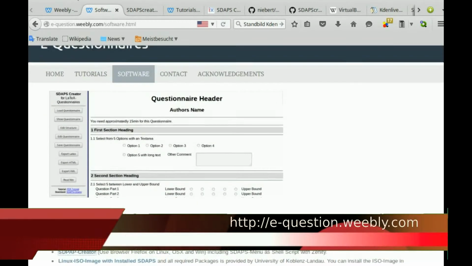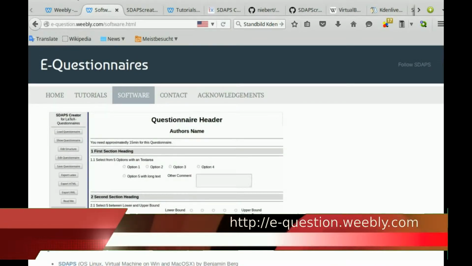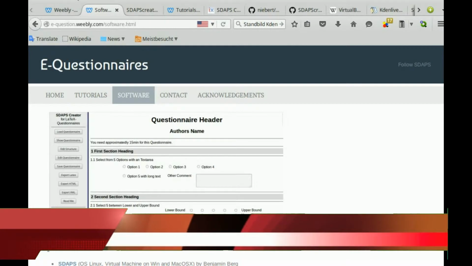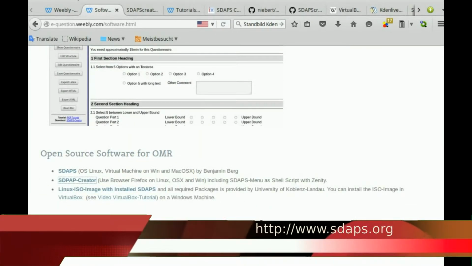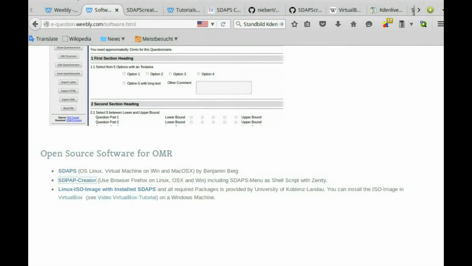So first of all, we start to download the SDAPS-Creator. We go on equestion.weebly.com and then we select software, and then you can see this is SDAPS. This is provided by Benjamin Burke, who developed the original SDAPS program. And now we go to the SDAPS-Creator, which helps you create a LaTeX questionnaire in a visual format